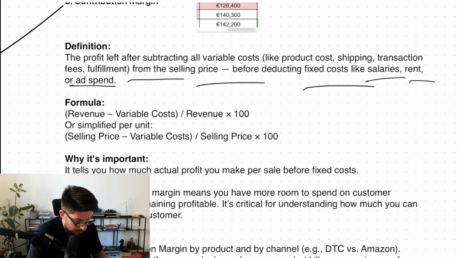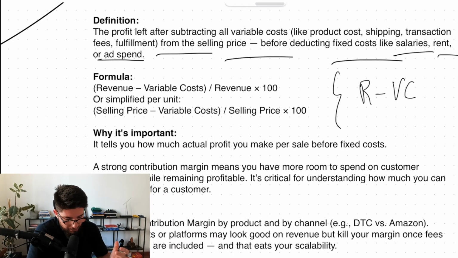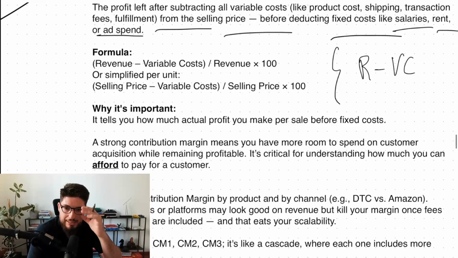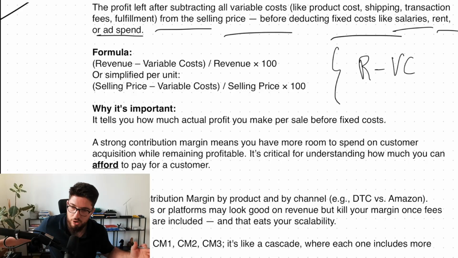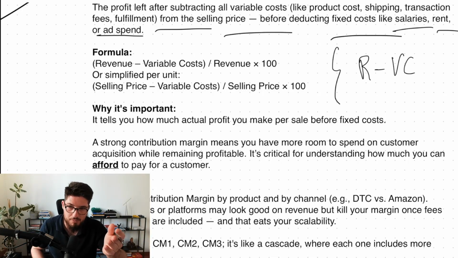In this case, or just do the total. That is giving you the ratio. I would just do revenue minus variable costs, and you have a simple number. And now I'll give you the CM1, 2, and 3, which is more important. Now, why is this important? It tells you how much actual profit you make per sale before the fixed costs. If you think, man, if I make 50K profit, I cover all of my expenses, and after that, everything's profit, this type of thinking comes from contribution margin.